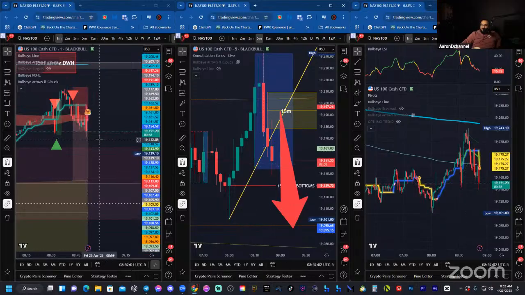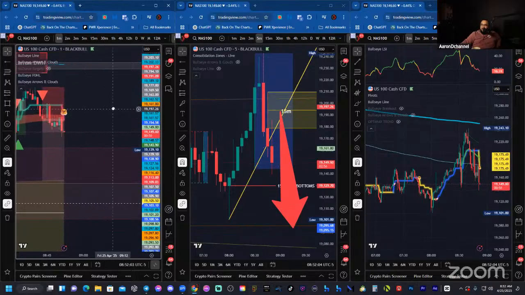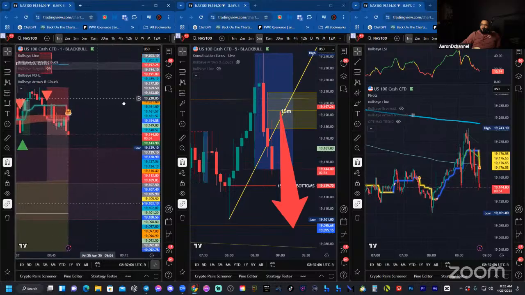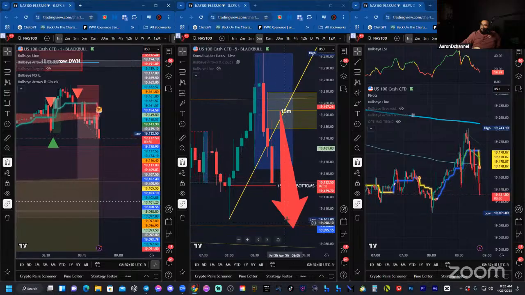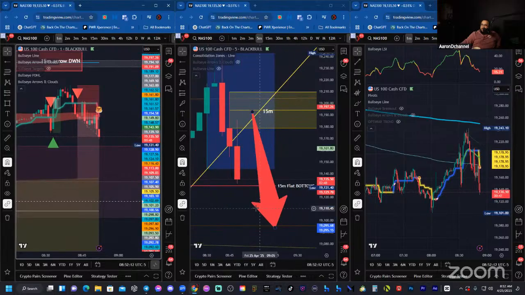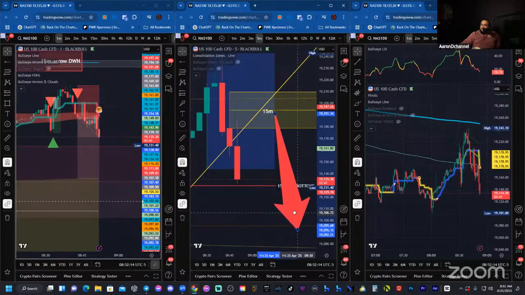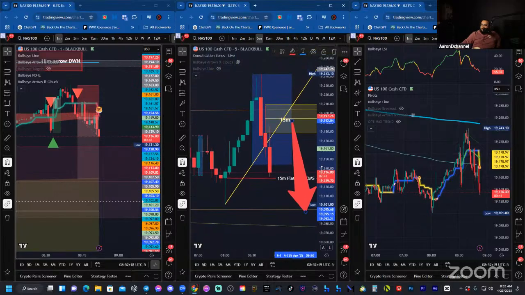Anyway, just having fun. Definitely still holding this sell. The 66-point stop loss is still holding up. Yeah, breaking out of a 15-minute range. We got about 2.5 minutes left. Let's see if we can get a reaction here off the 15-minute flat bottoms, and then I'll flip my arrow up and make it green. And we'll see what happens.